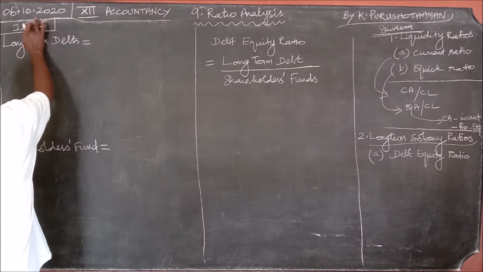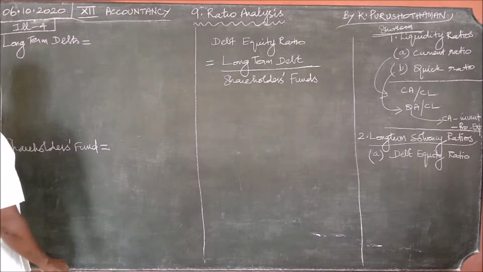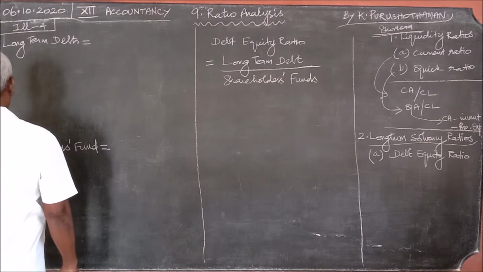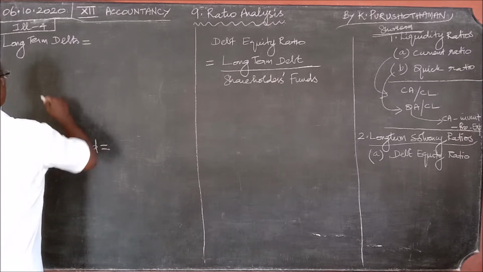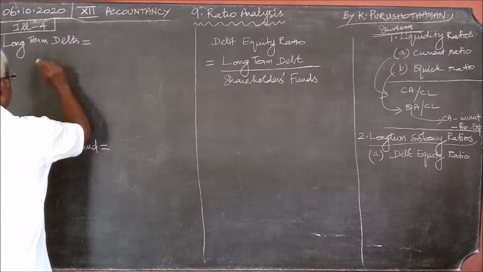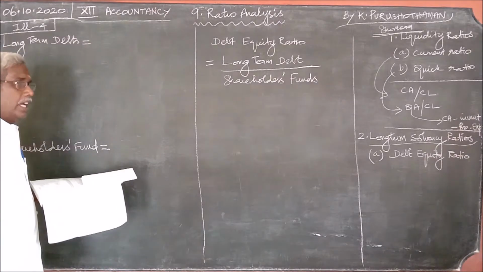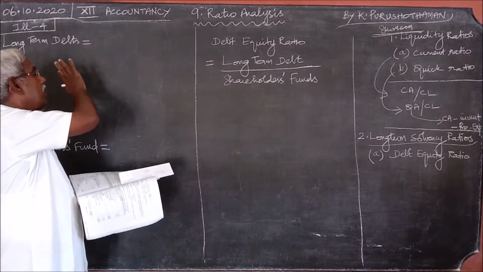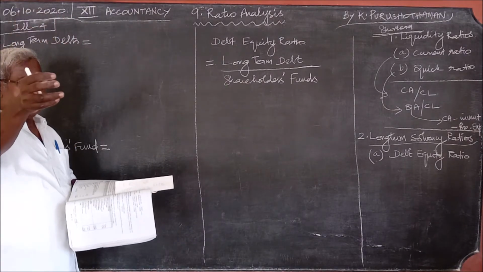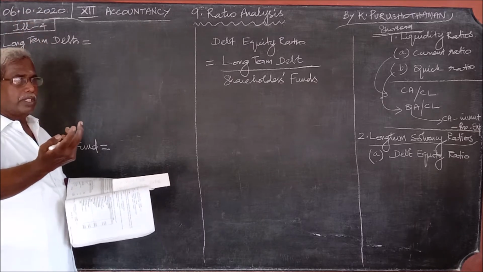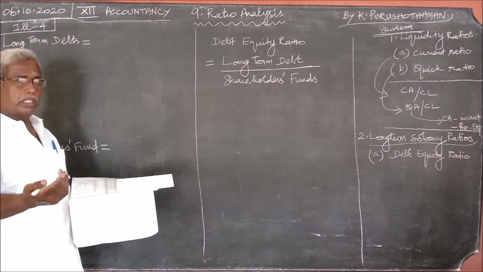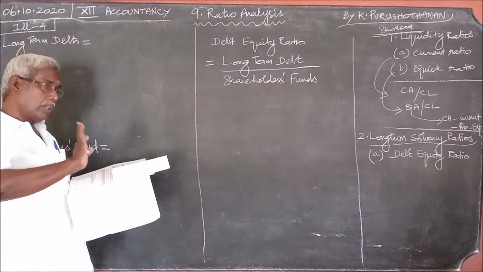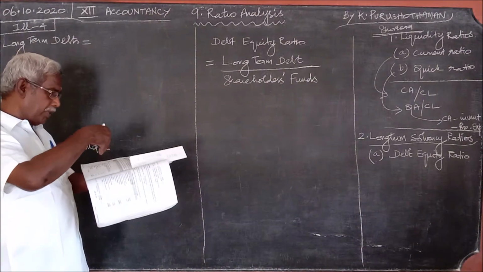What is given in illustration 4? You can go to the problem given under illustration 4. I once again repeat, when you discuss the long-term debts, we should see what are the items given in the problem. Of course, there are four items to be considered for long-term debts: debentures, bonds, long-term borrowings, and long-term loan. Out of these four, what is given in the problem?